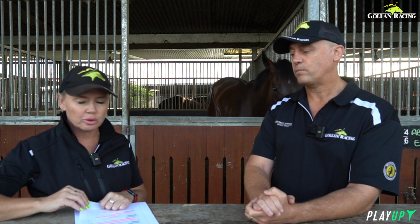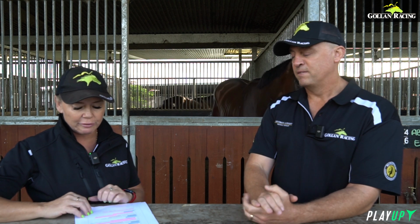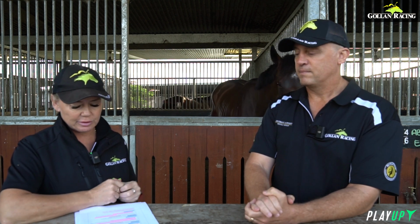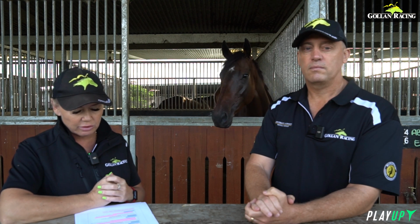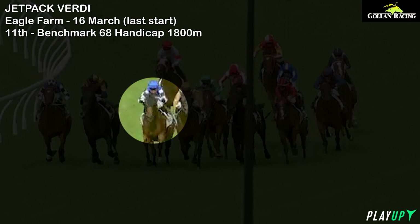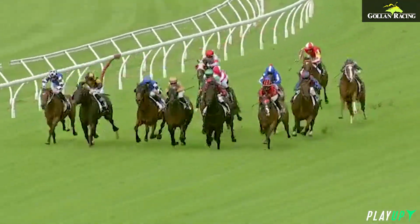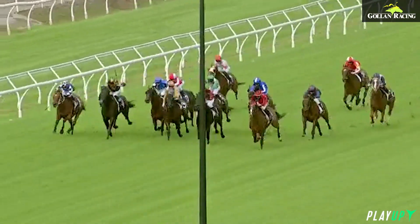Okay, second runner we'll talk about is Jetpack Verdi, 58.5 kilos. Michael Rod on board, barrier 14. He's paying $31 with PlayUp to win and $7.50 for the place. Was a good second up for us 12 months ago when he led and almost held on. Was disappointing first up this time over the 1800 metres, but that run would have brought him on fitness-wise. Yeah, we sat up eyeballing the leader first up 1800, not ideal. He wasn't stopping to the line, he just had no quicken, but he was probably set up to fail